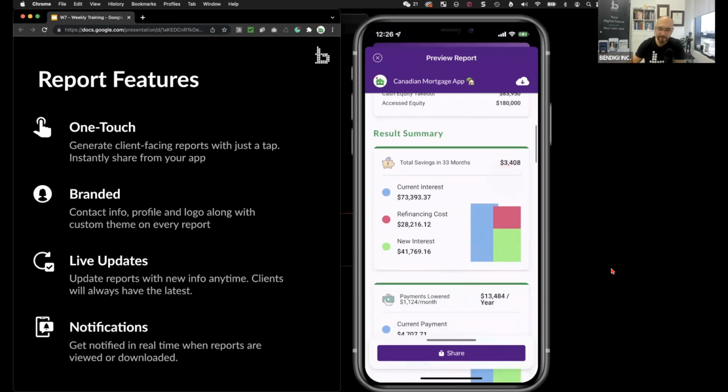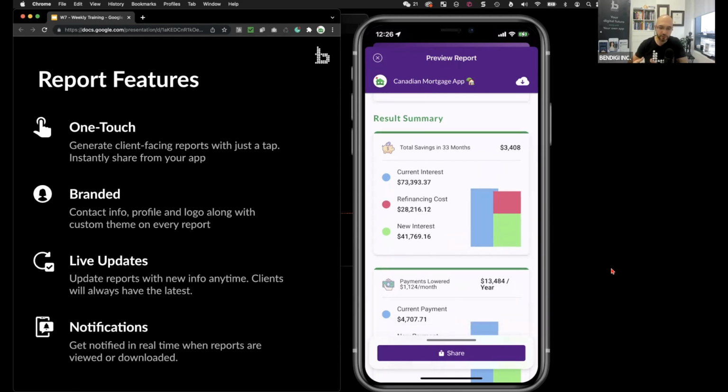And then finally, this is the summary of the whole thing, which is we're going to compare interest, payment, and time. Those are really the three things that we compare with. So the first step is the interest, which shows a nice graph about this is your current interest. This would be your finance cost, and then this would be the new interest. And hopefully the sum of the refinance cost and the new interest is lower, and it is by about $3,000